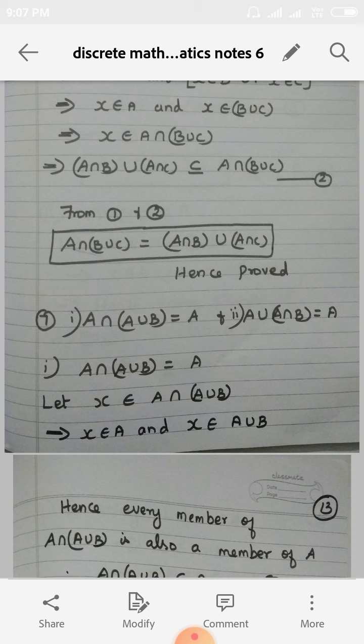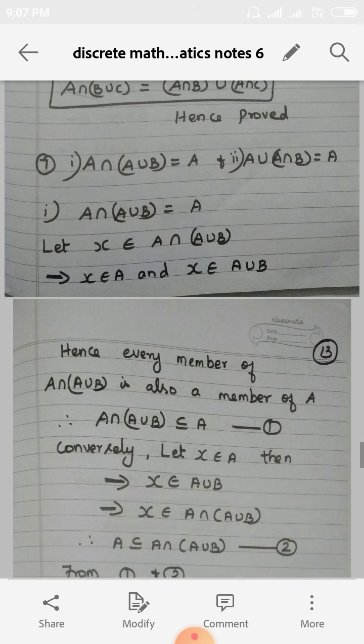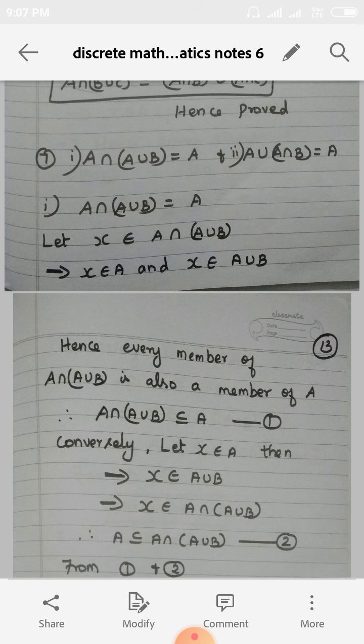Seventh one, A intersection of (A union B) is equal to A. Same as before, consider the left hand side. What's the left hand side? x belongs to A intersection of (A union B). That is, x belongs to A and x belongs to A union B. So every member of A intersection of (A union B)